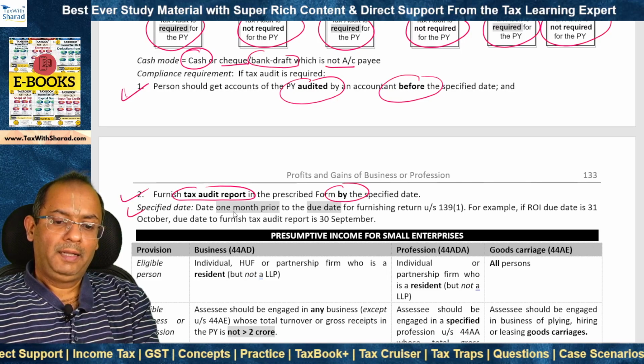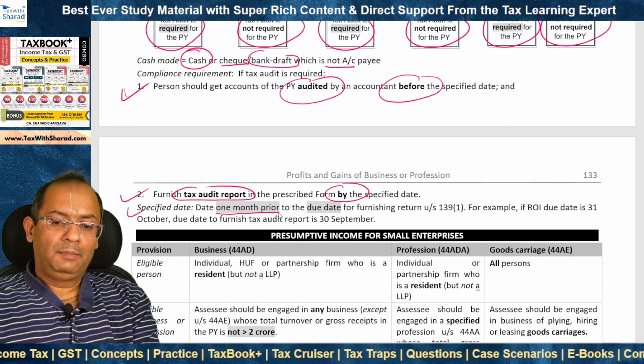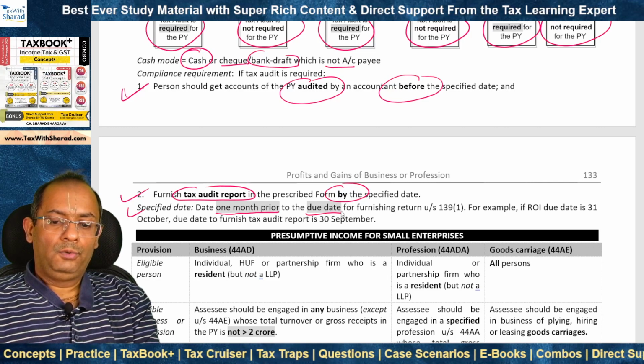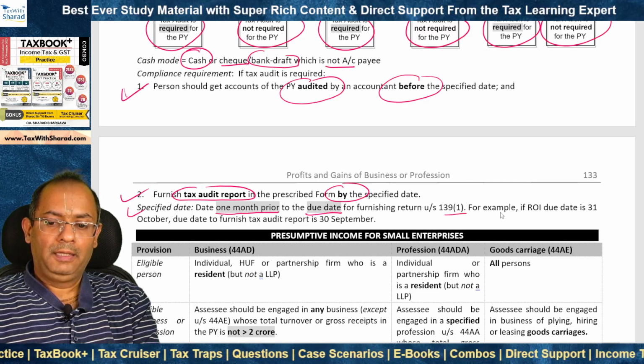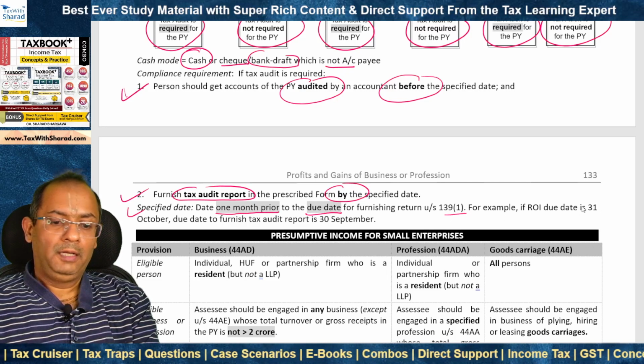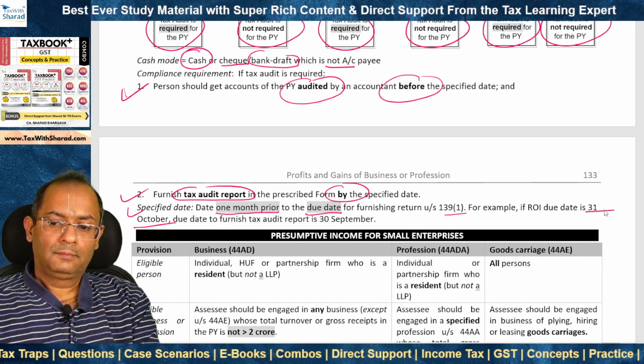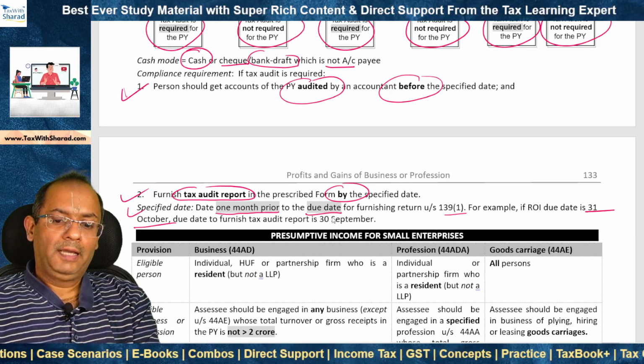So what is the specified date? It is the date which is 1 month prior to what? To the due date for furnishing ROI under section 139(1). For example, if ROI due date is 31st of October, then the due date to furnish tax audit report will